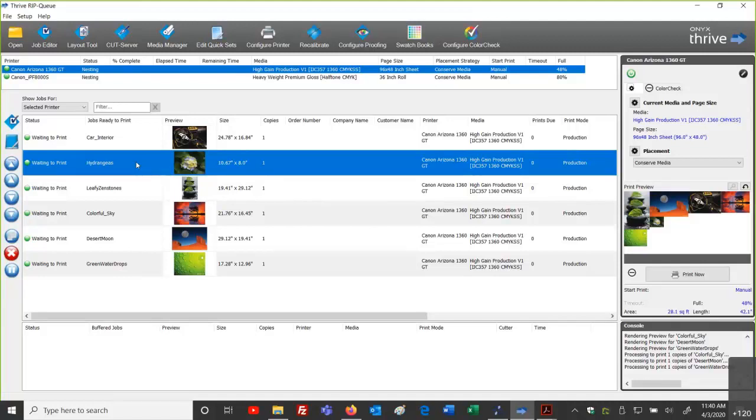How many prints were required? 1. How many prints were made? 2. Yes, this could be something that we can go over to the front-end controller software and we could resubmit again, but the standard operating procedure would be, in order for Hub to track this, we will do that through the ThriveRip software, okay? And then Hub will track that data that we've made our second print or our third print and so forth. So that is something that is going on.